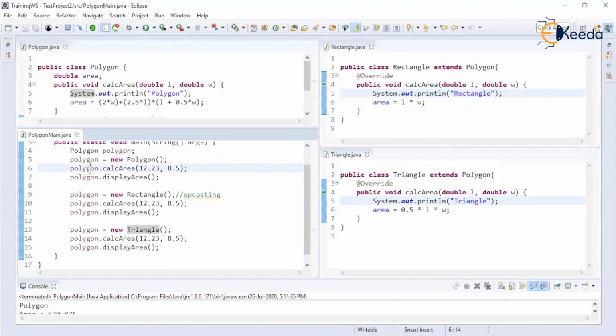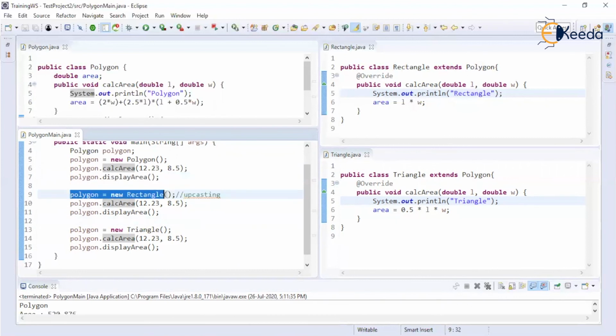It checks whether the polygon variable is eligible to call this calc area method, which is accepting these two double values. So this call is valid. And this display area method call is also valid.